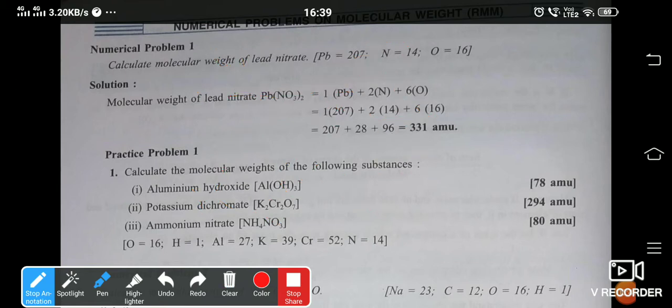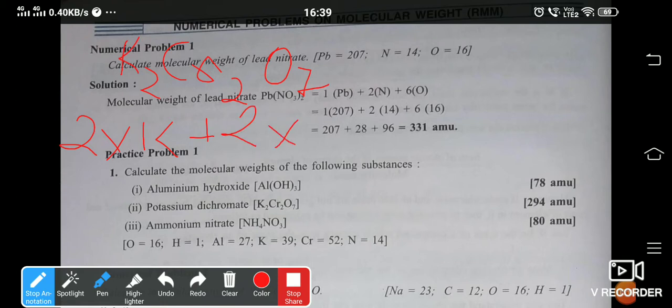Now we have the formula in front of us, that is K2Cr2O7. How to find out the molecular weight of it? Now 2 into K plus 2 into Cr, if you want, you can speak with me, plus 7 into O. Now you can see potassium has atomic mass number 39, chromium has atomic mass number 52, and oxygen has 16. I believe till this time, many of the students have learned the common atomic mass numbers like oxygen, hydrogen, nitrogen,